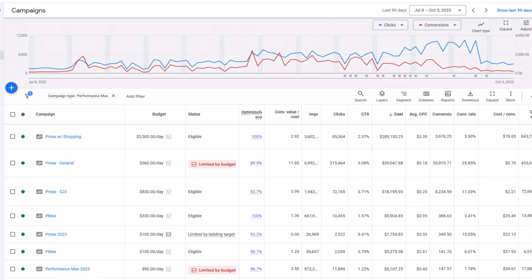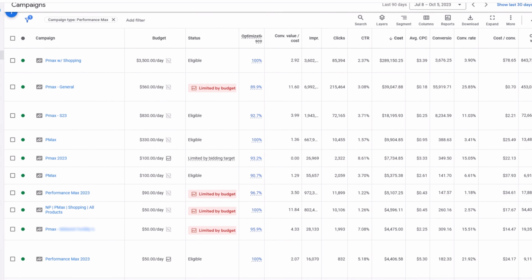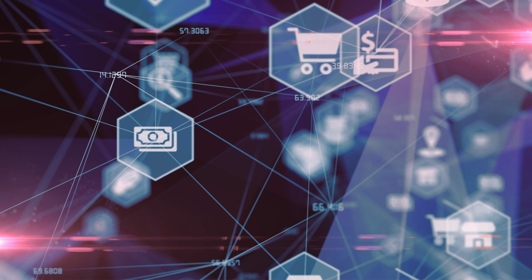I'm currently running over 23 Performance Max campaigns and will likely be adding them to more accounts as budget allows and when the advertiser is aggressive and wanting to expand their reach. I still typically start them out at a lower budget and use them as a supplement to the main search campaigns. So I plan to update you more on progress with Performance Max campaigns,